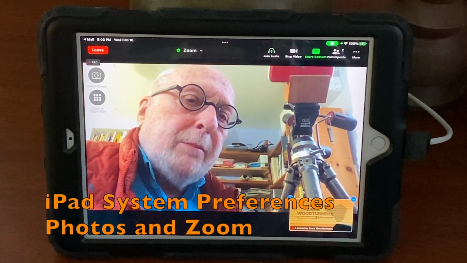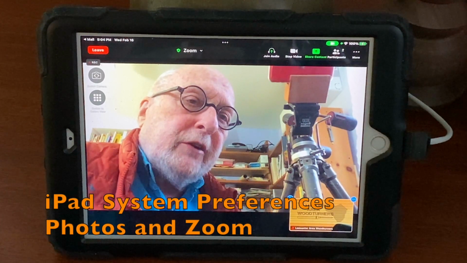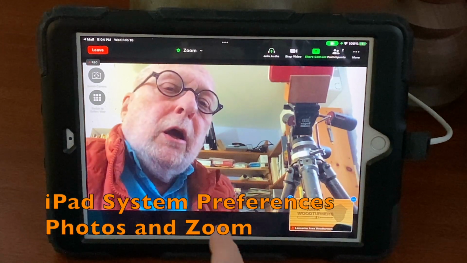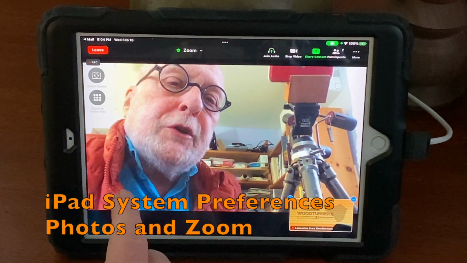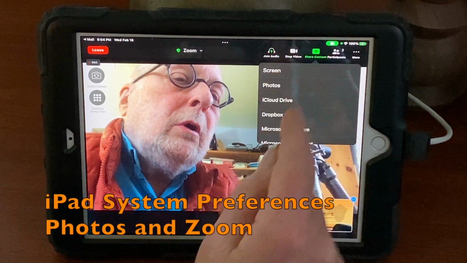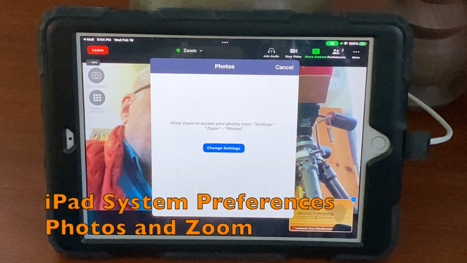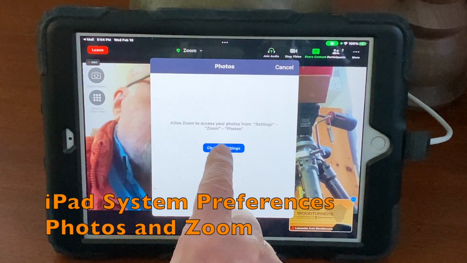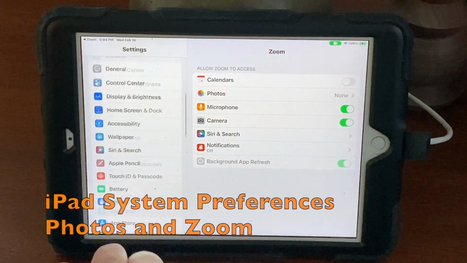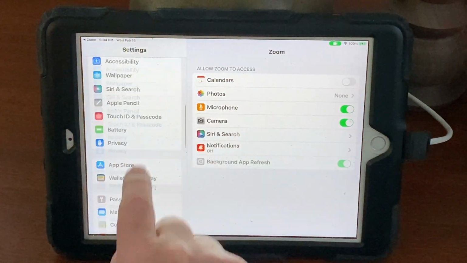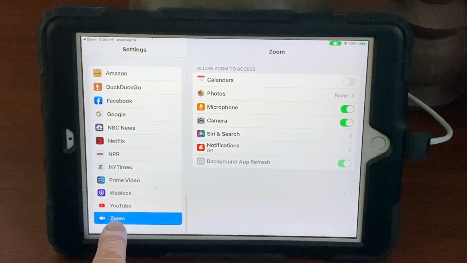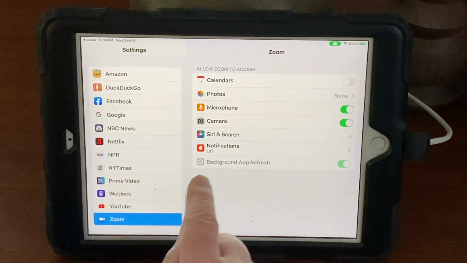Okay, on the new iPad being set up for the first time, the settings are a little bit different. I'm in the Zoom call. I'm going to try and share photos. Oops, allow Zoom to access your photos from settings, Zoom, photos. Change settings. This is how it all comes up in the first place. And right down at the bottom of the settings, there's a tab for Zoom. And on the Zoom tab,